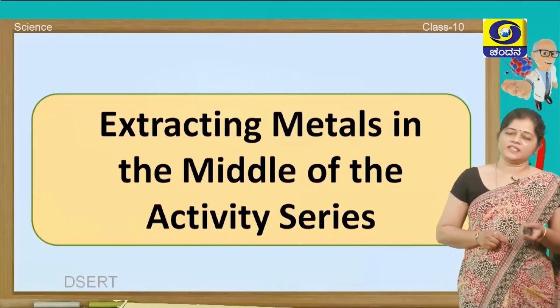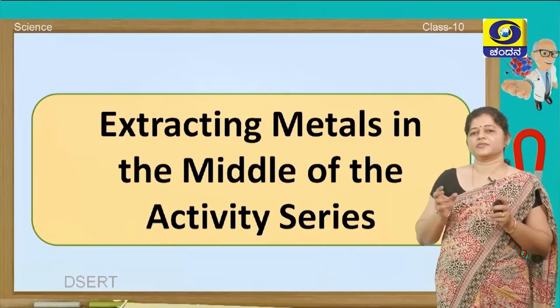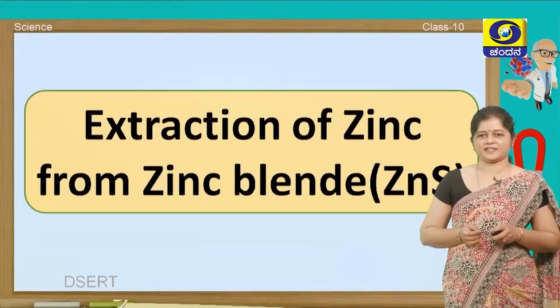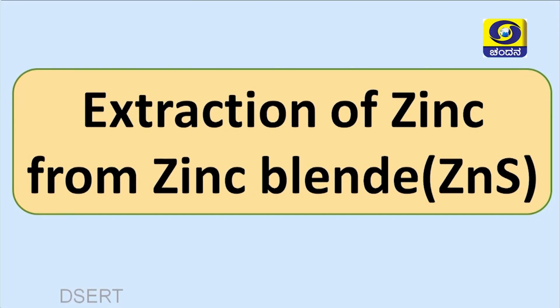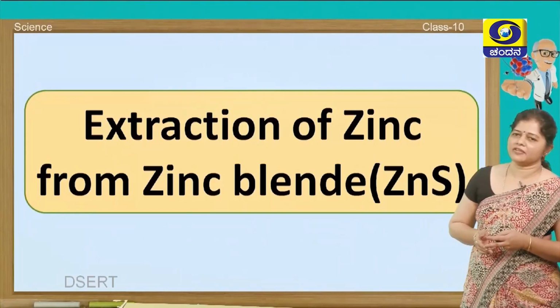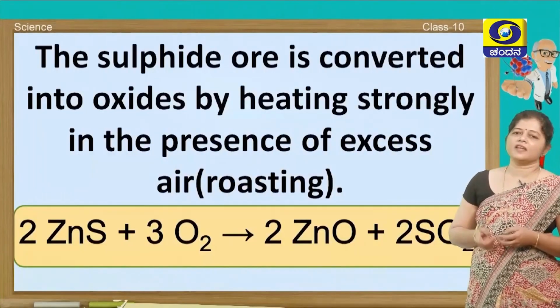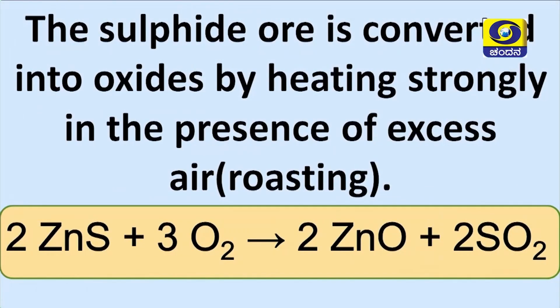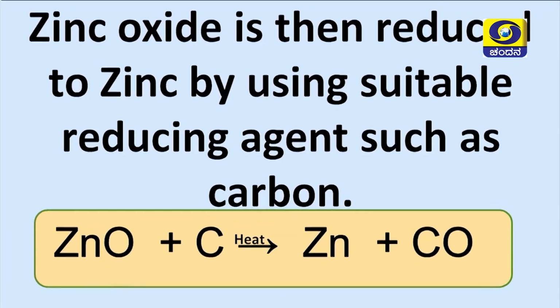Now, we will see how we can extract metals which are in the middle of the activity series. One such metal is zinc, and we will study how we can extract zinc from zinc blende or zinc sulphide. The sulphide ore will be first converted into oxide by heating strongly in the presence of excess of air, that is roasting. So, the zinc sulphide is roasted with oxygen to form zinc oxide and sulphur dioxide is released. This zinc oxide is then reduced to zinc by using a suitable reducing agent such as carbon,